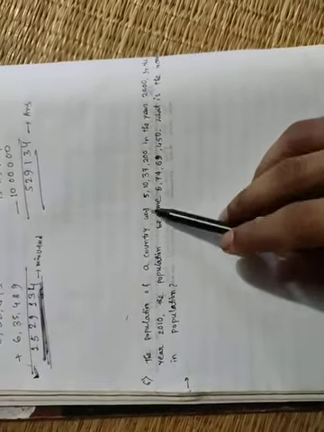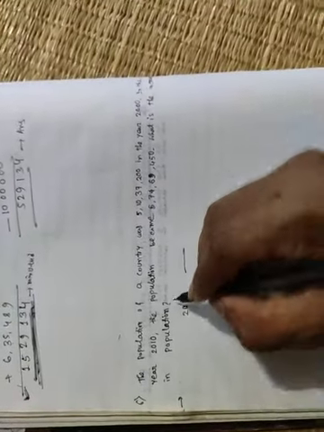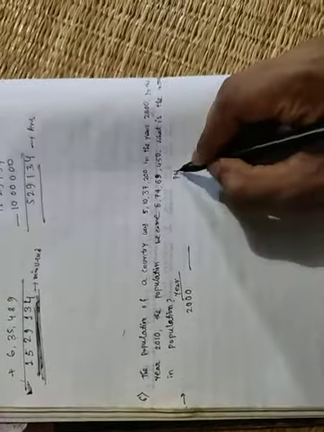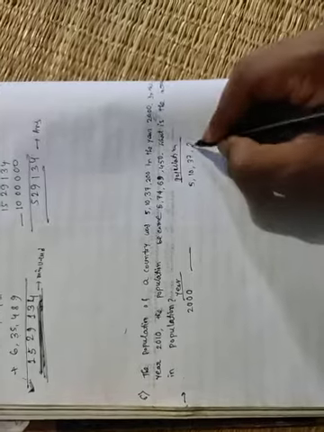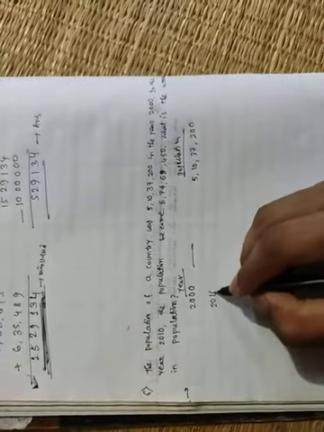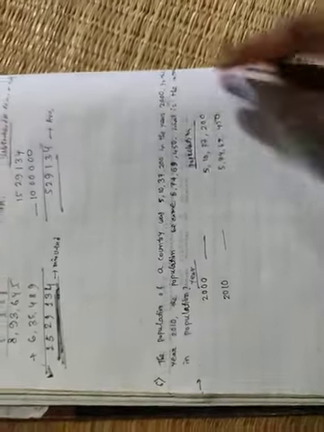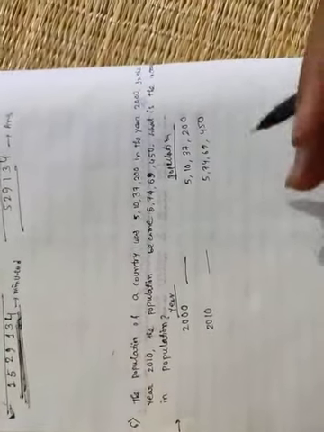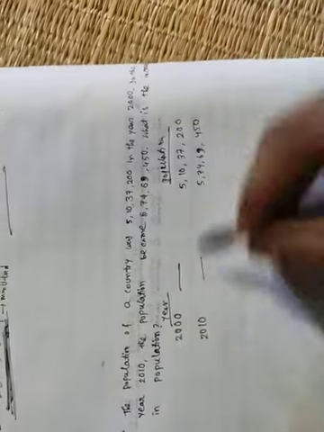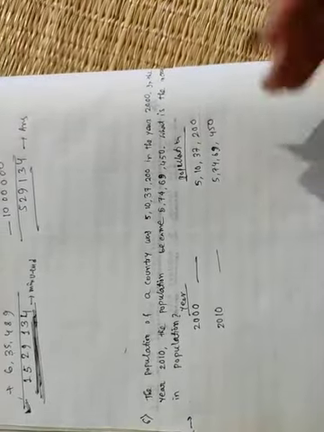Okay, next number 6. The population of a country was this in the year 2000. So this is the year 2000 population in this side year and this side population 5, 10, 37, 200. In the year 2010 population became 574, 69, 450. Now you have asked what is the increase in population, मतलब पॉपुलेशन कितना बढ़ा, पॉपुलेशन कितना बढ़ गया. 2000 में पॉपुलेशन था इतना, बट 10 में पॉपुलेशन हो गया इतना. सो पॉपुलेशन कितना बढ़ गया.